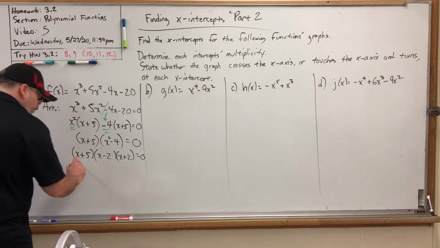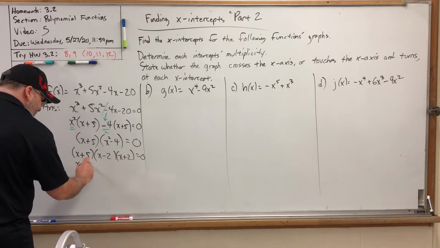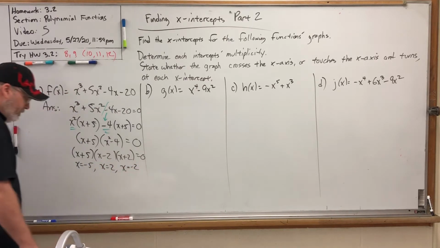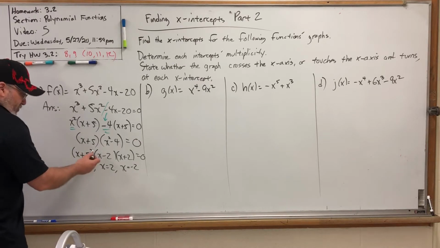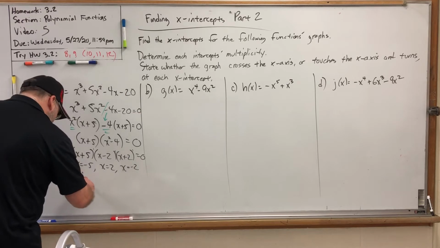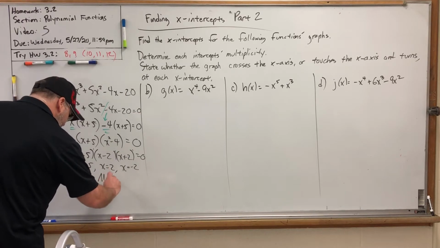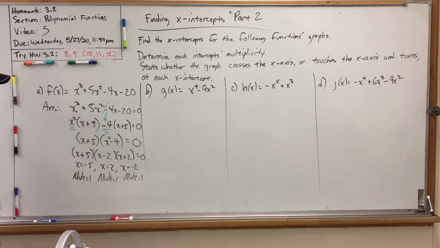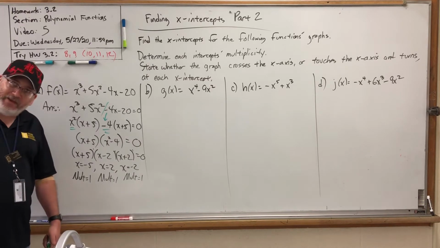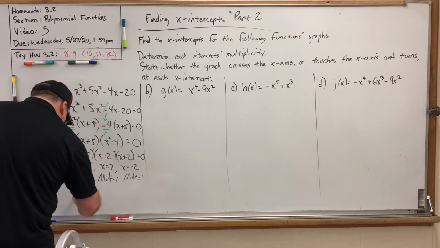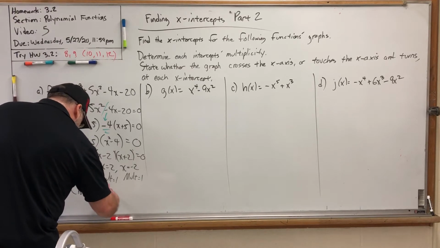So if we put each factor equal to 0 and solve, we get x equals -5, x equals 2, and x equals -2. Each of these came from a parentheses with no power, so the implied power is 1, which means for every one of these, the multiplicity equals 1. So what does that mean about crossing the x-axis versus touching and turning? I know it was up here in the previous video, but I needed the space. If the multiplicity is odd, that means the graph will cross the x-axis. So cross, cross,